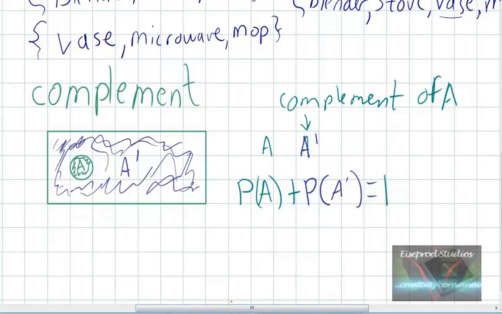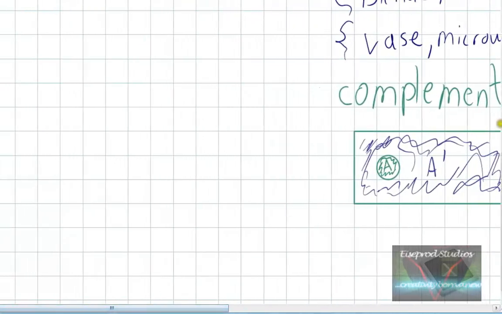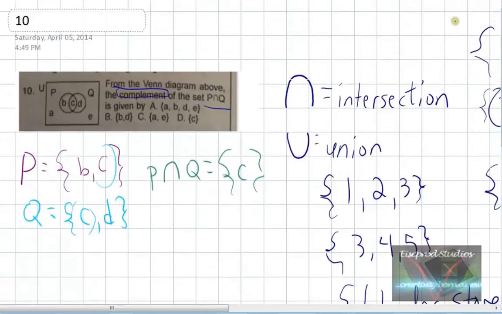Okay, because when they add up, they fill the entire space. So the complement means the thing that completes the other. So going back to this,